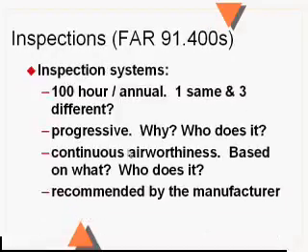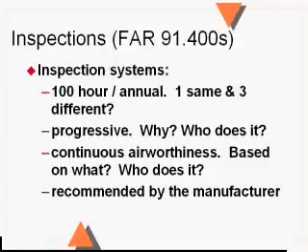There are two more types of inspection systems that are possible for you to set up on transport category airplanes in particular. One is recommended by the manufacturer. Generally speaking, if this is done under 121, it's going to look very, very similar to the Continuous Airworthiness Inspection Program or the Progressive Inspection Program. So if the manufacturer has one of these programs set up or has one recommended, you can write yours up. You'll probably have to modify it a little bit to fit your aircraft and how you operate it and what your needs are. And you'll have to get it approved by the FAA before you can start it up.